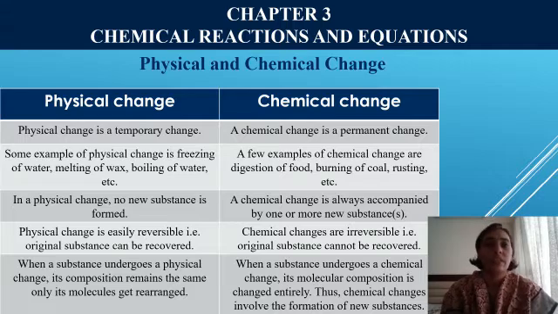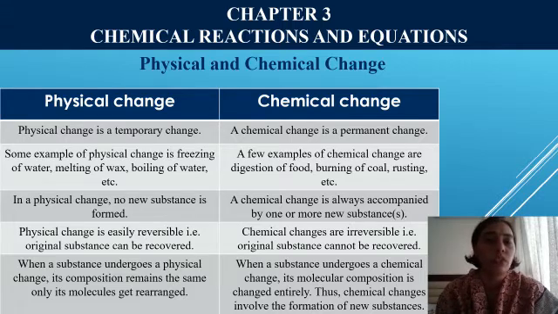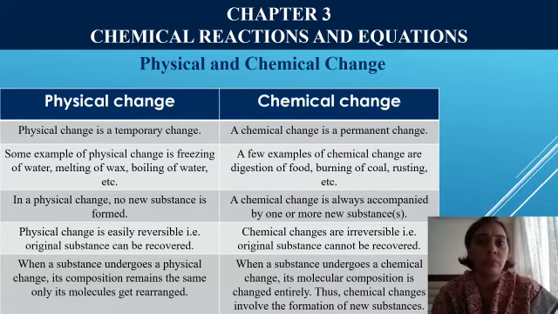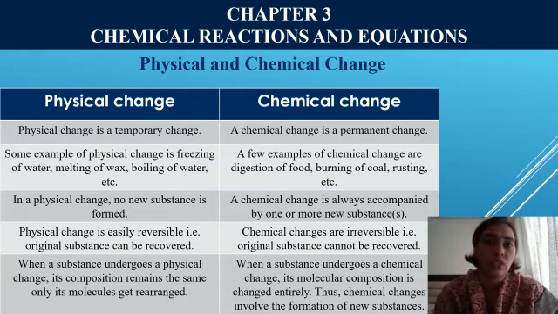So they categorized that some changes are physical changes, where only physical properties change and the change is just a temporary change. Whereas they found that there are certain changes which are permanent. Once a permanent change has taken place, you cannot get the original substances back. It involves a chemical reaction between the substances which has resulted in the formation of an altogether different substance. So they categorized this way into two, and they gave rise to two types of changes, that is physical change and chemical change. So what we are going to study in this slide is the differences between the two.